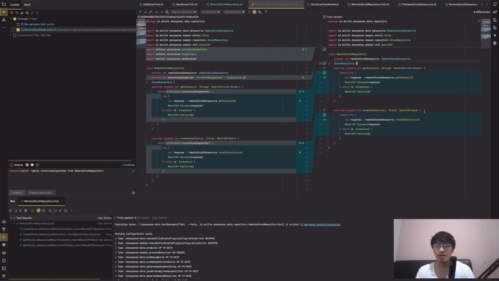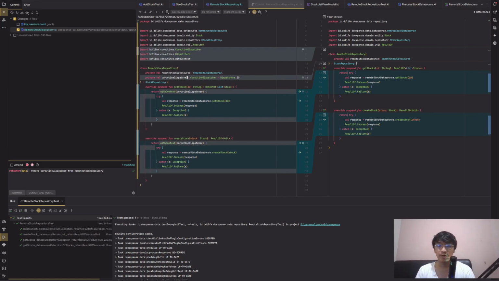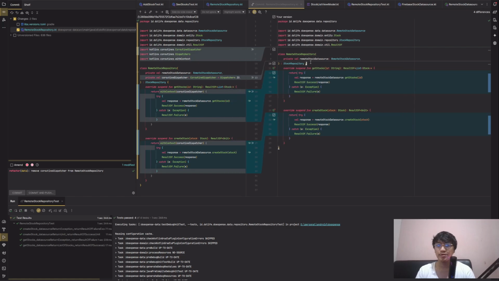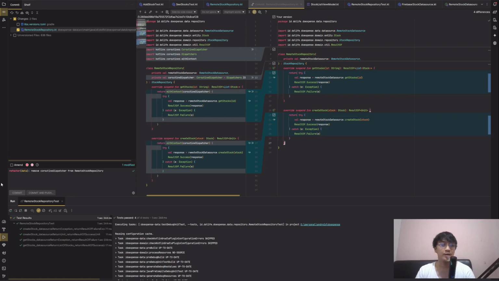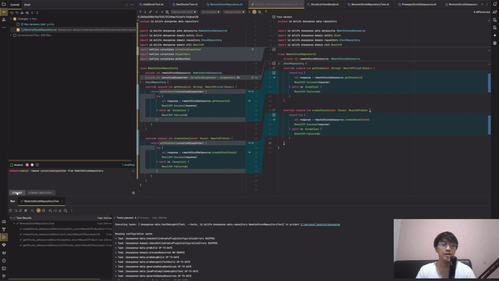Let's check it again. Previously we added a coroutine dispatcher with a default value of Dispatchers.IO, and our fix code is remove. Okay. Nice. Then let's commit.